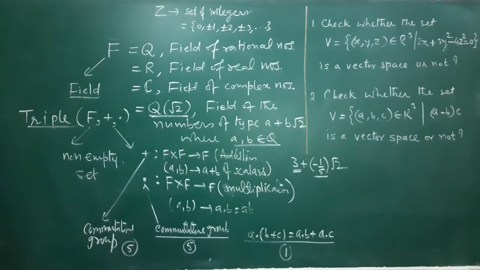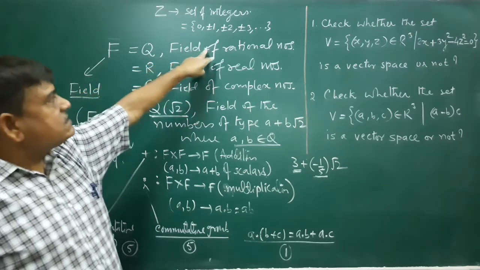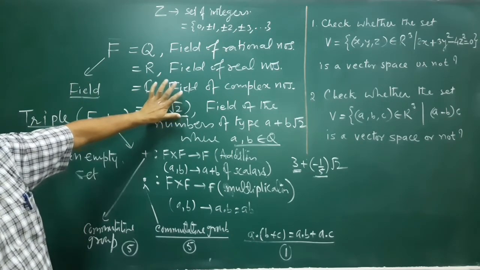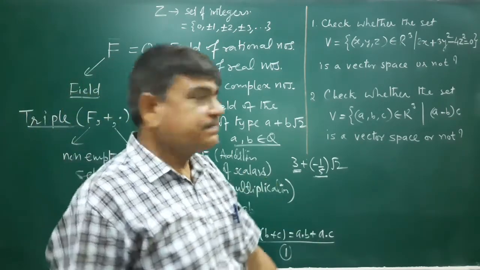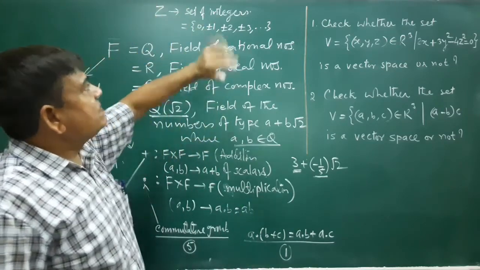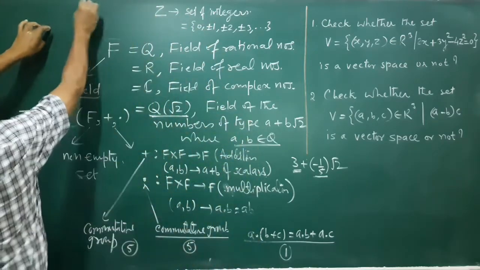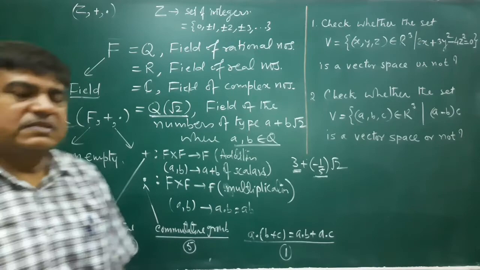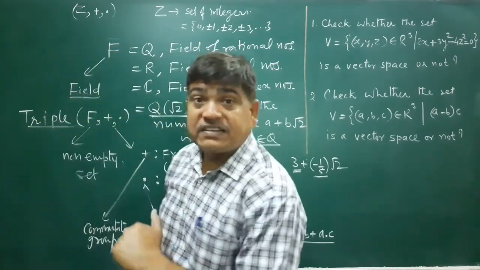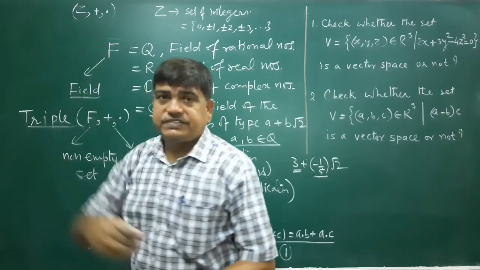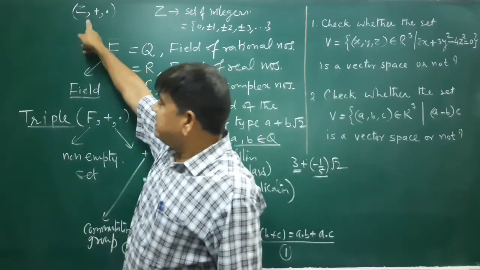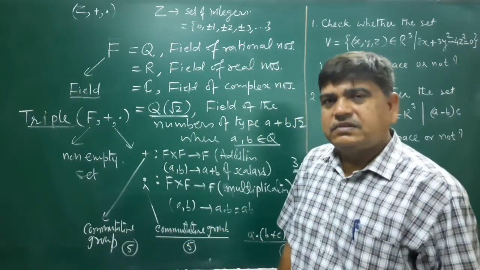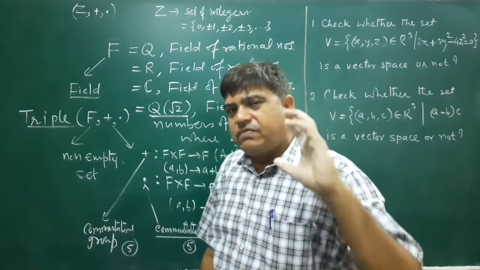What is this? This is the field, this is also the field, this is the field, this is also the field. This is given in abstract algebra. Z, this is the set of integers. If I consider a triple, then how to check whether it is a field or not? If it is a field, then you see the 11 properties we have. The best way is, whenever you have to check,